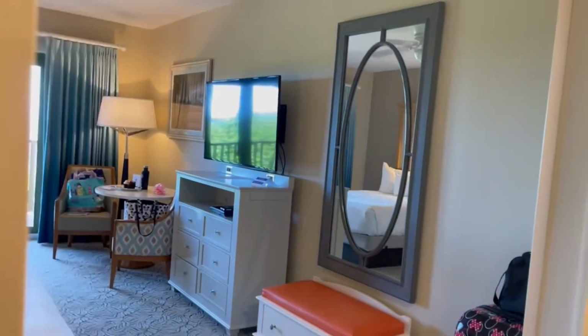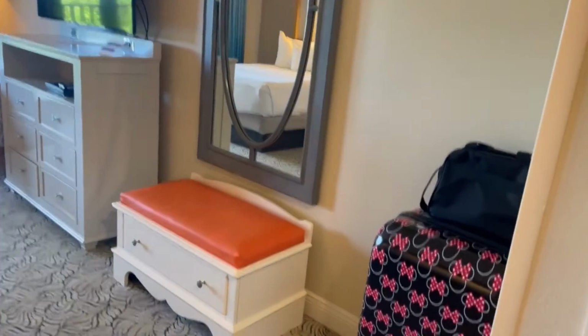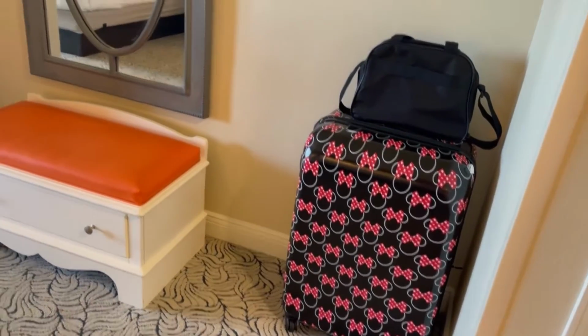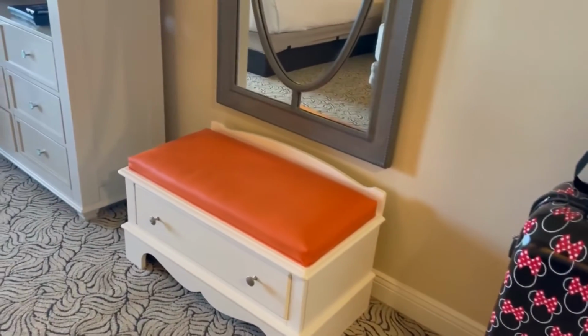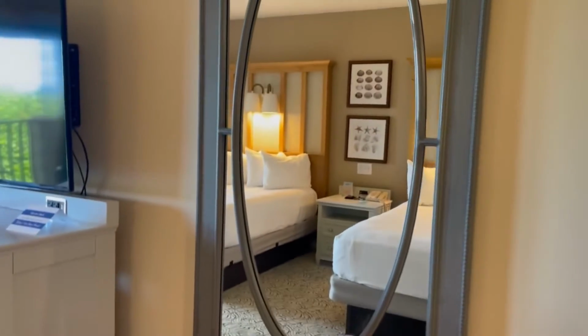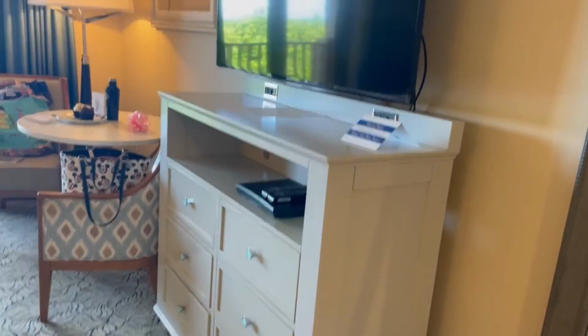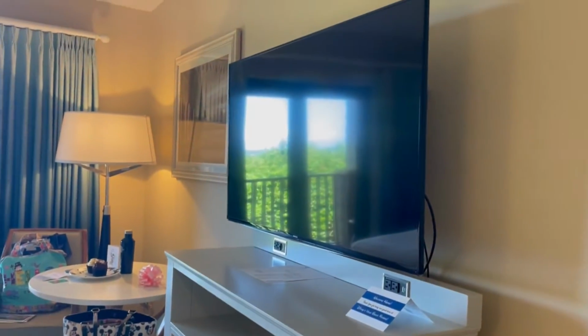And then moving further into the room, you can see kind of where we just set up our luggage. Plenty of space, plenty of storage. There's a nice little seat with a full-length mirror. You've got the dresser, nice size TV,